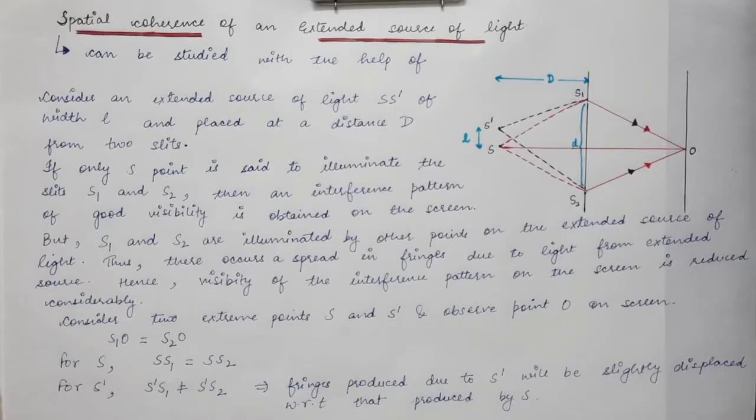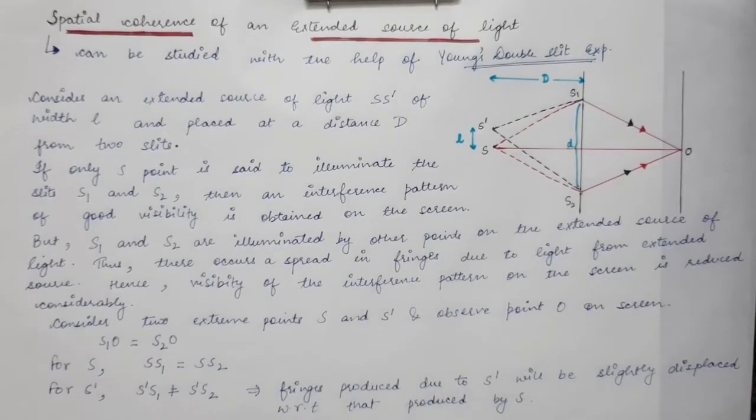So the P1 and P2 points, which we considered in the previous lecture, in order to have a good phase correlation between each other, must lie within some finite area, and that area is called the coherence area. There we also discussed the longitudinal coherence length. The distance between the points P1 and P2 is termed the longitudinal coherence length.